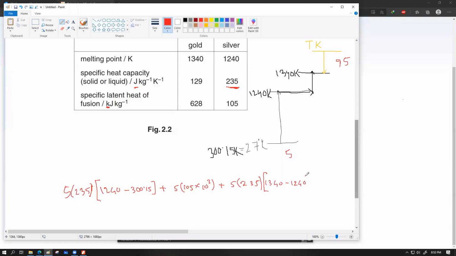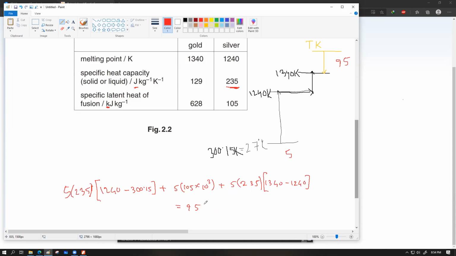So this is the amount of heat that the silver chunk is going to absorb, which should logically be equal to the heat energy. Did I make a mistake here? No, I haven't made a mistake. Here it says the whole mixture is at the melting point of gold. So my calculation is perfectly correct.